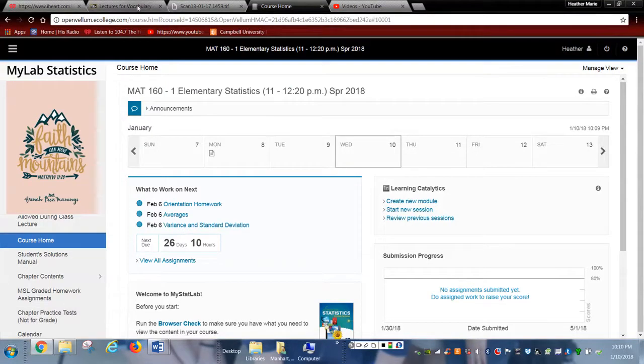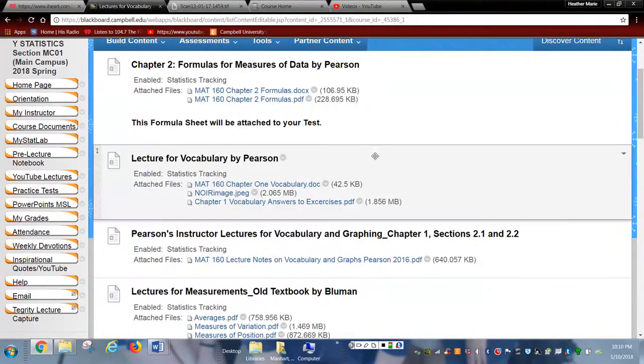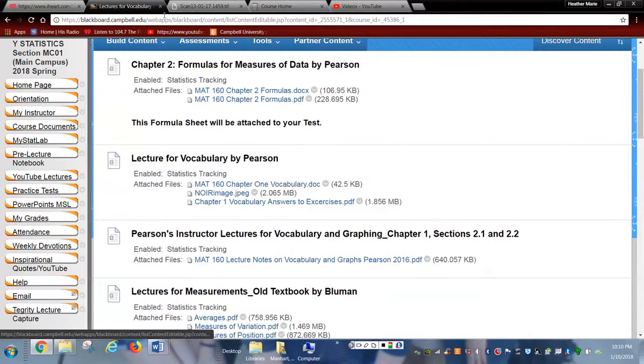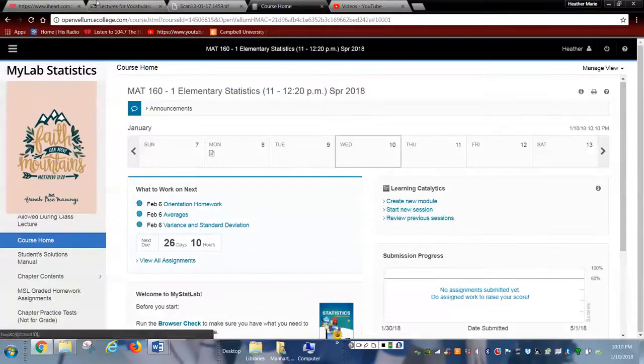You can design your own way of learning when you're outside of the classroom. The main thing is that you're going to have to practice and that we're using Pearson. And you need to be organized and have a nice notebook so that when I bring formulas and things like that to class, you can insert those in your notebook and you can use those on your pop quizzes.